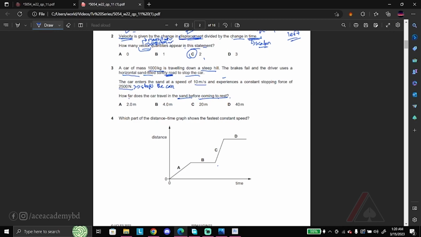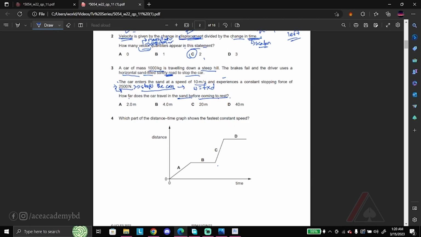Okay, so let's consider what happened in the sand first. At the sand, the car enters at this speed, right? It experiences a constant stopping force of 2,500 newtons, which stops the car. So basically, the car does work against this force, and that causes the car to stop in the sand. So for work to be done against this force, the same and equal force needs to be applied by the car. So the work done by the car against this force in the sand would be